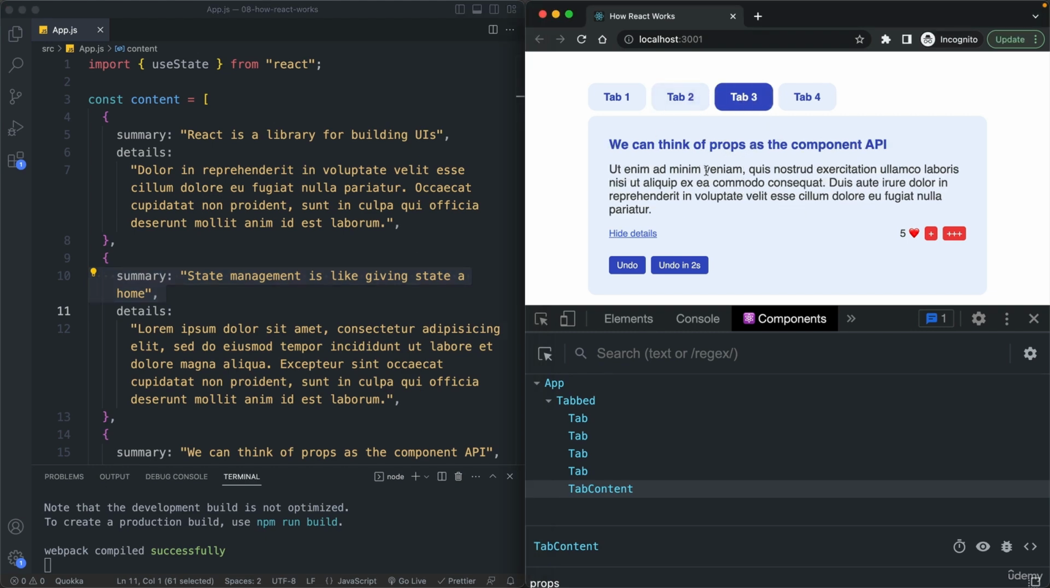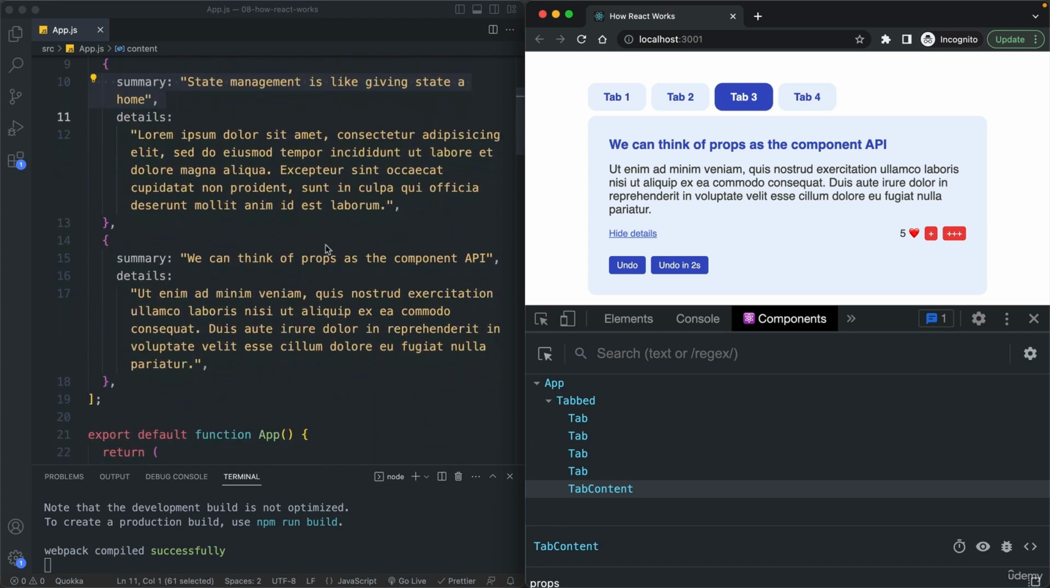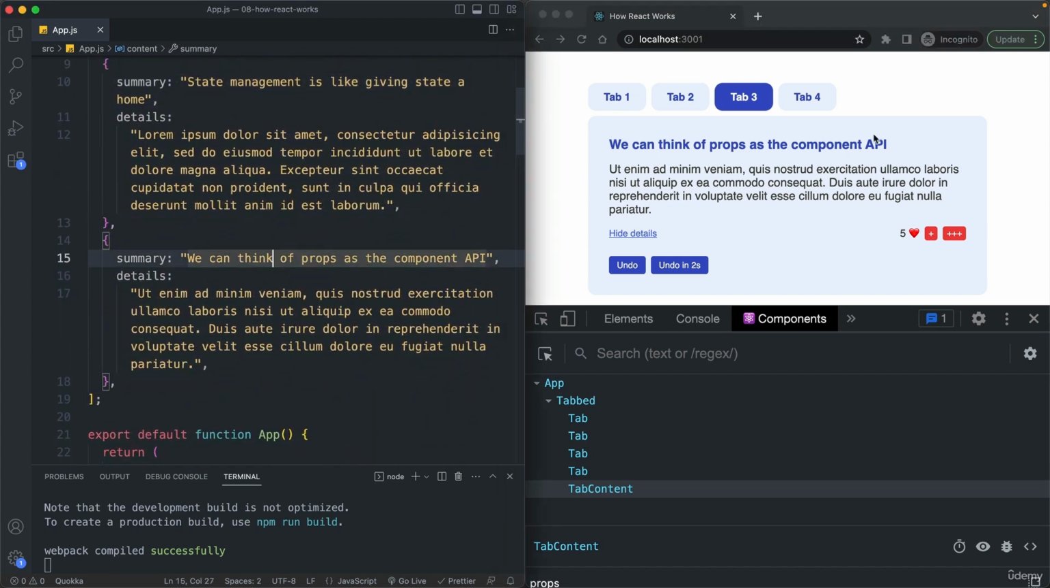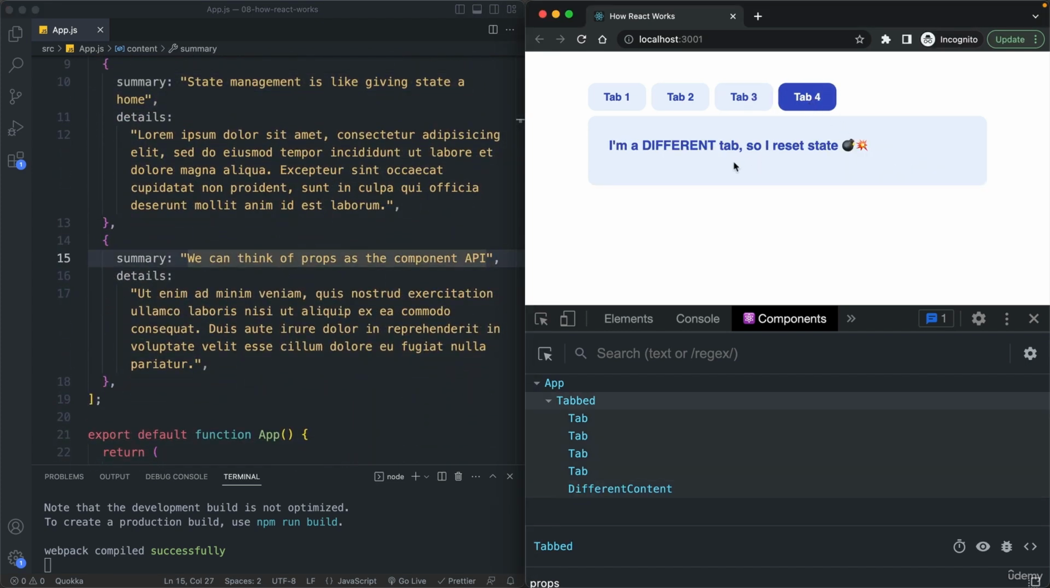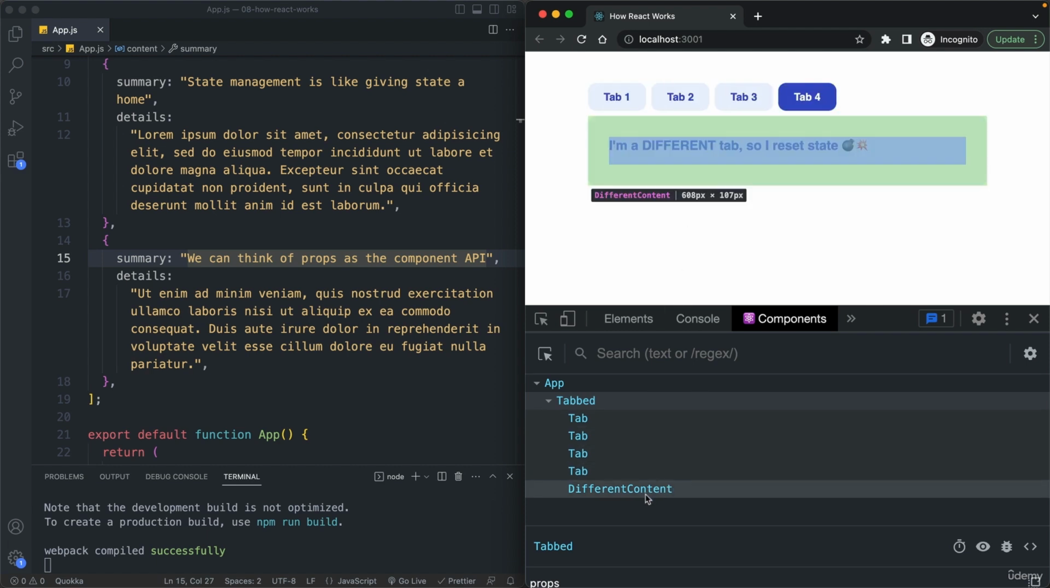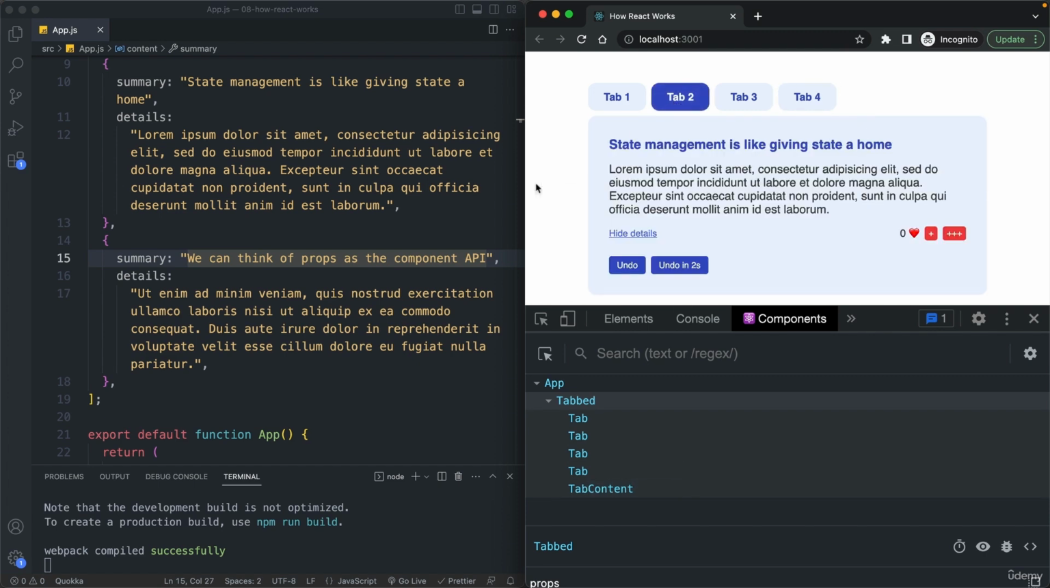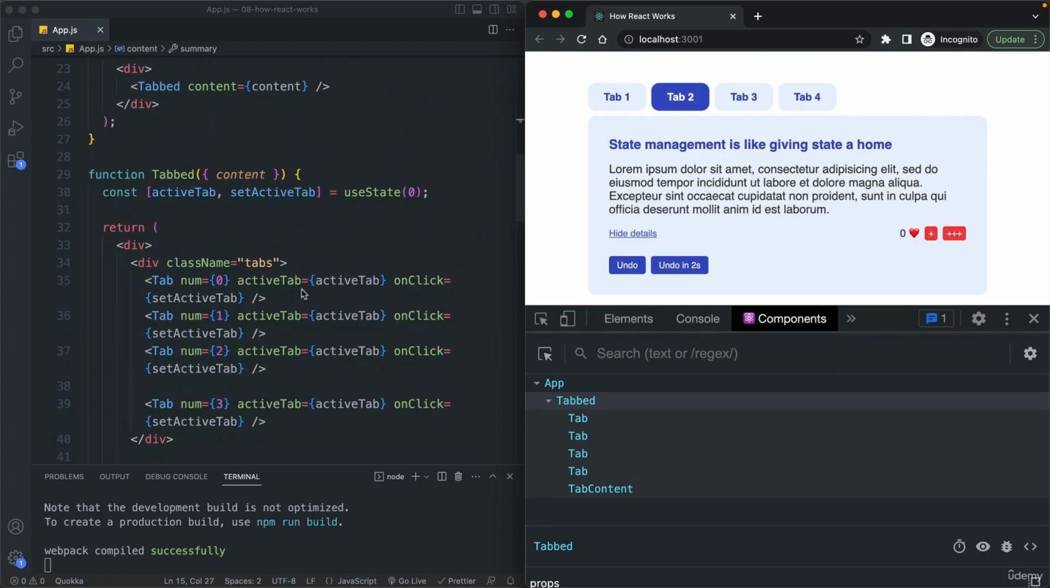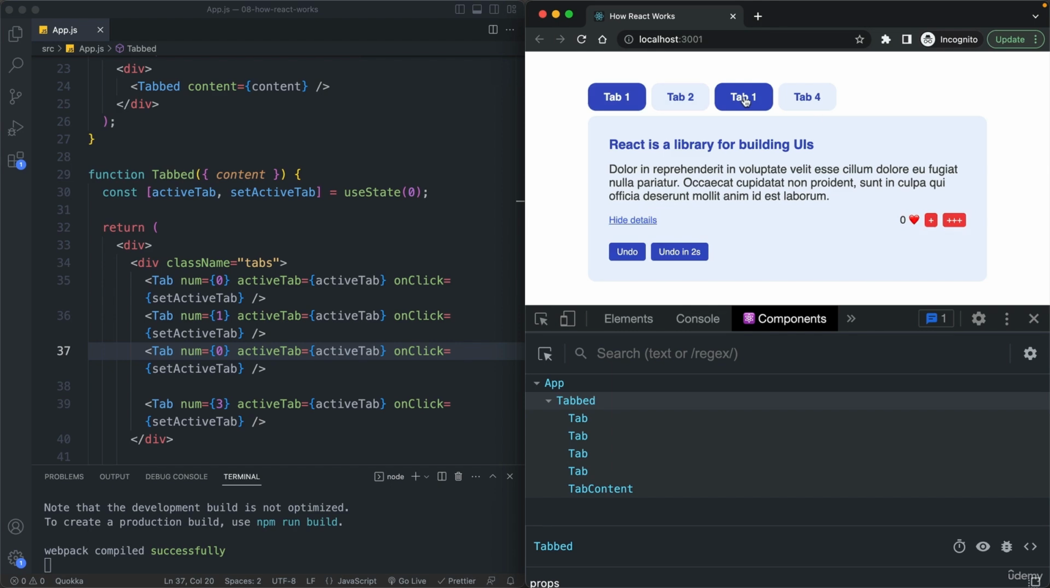So here we now have the third object. So the title and the text. And finally, the last one is for that different content. And you saw that down here, actually the component tree changed. All right. And here, if we wrote any other number, like 0, then of course, you see that the number